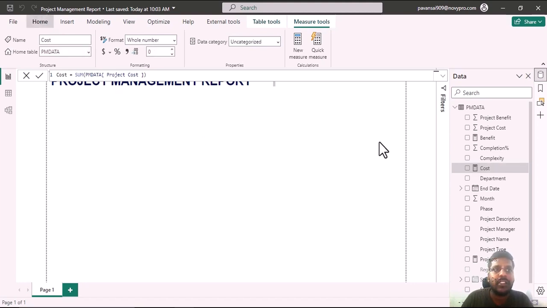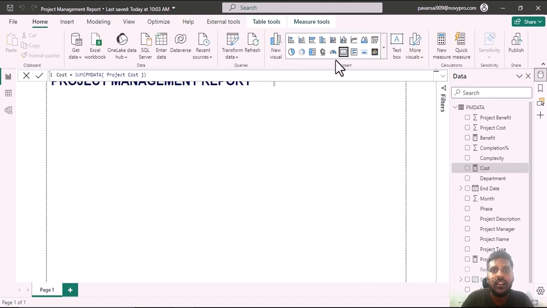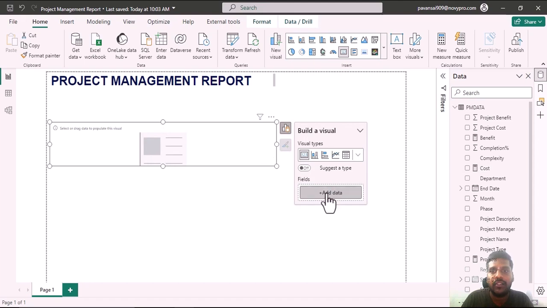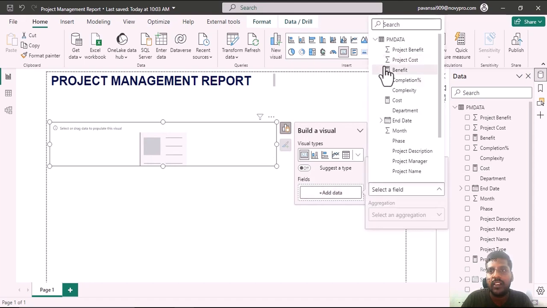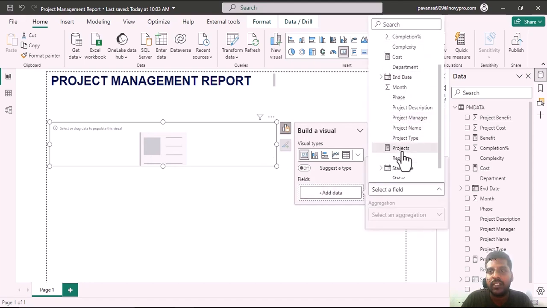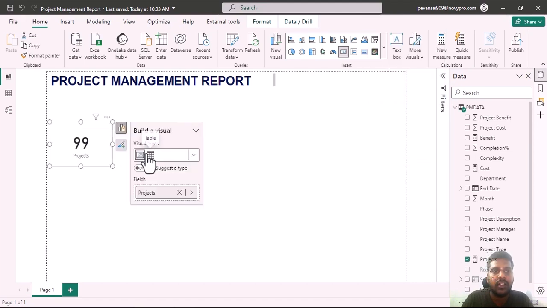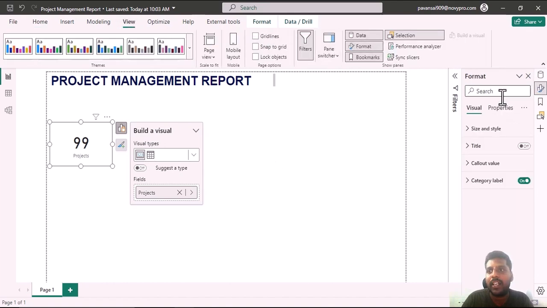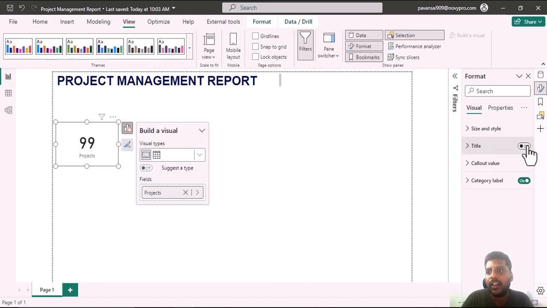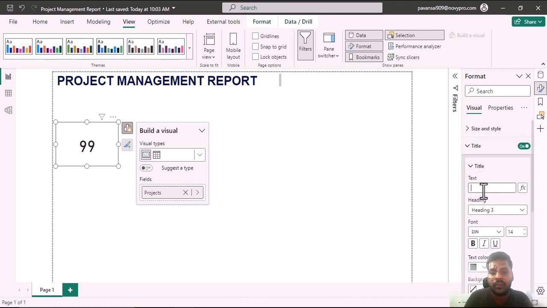So in order to represent that, let us take a text card. Okay, we have this text card. In the fields, I'll show the number of projects. Here I have brought the number of projects measure. Let us format it a little. Click on view, select the format tab. Here I'll turn on the title, turn off the label. In the title I would like to write